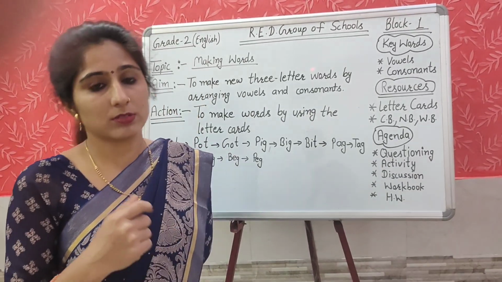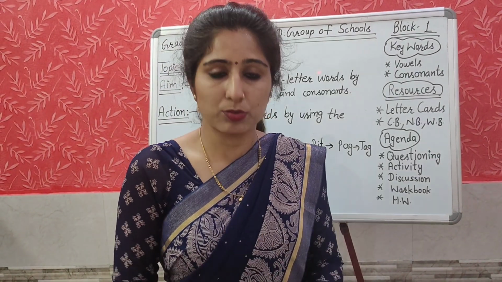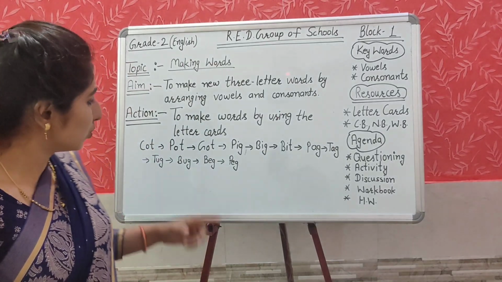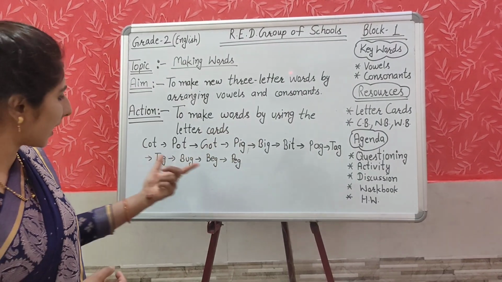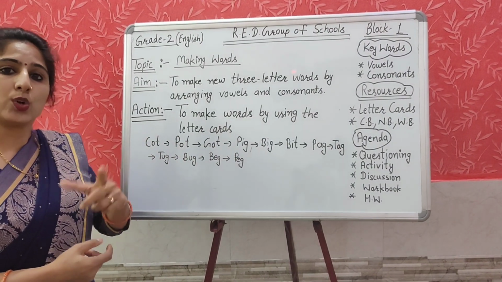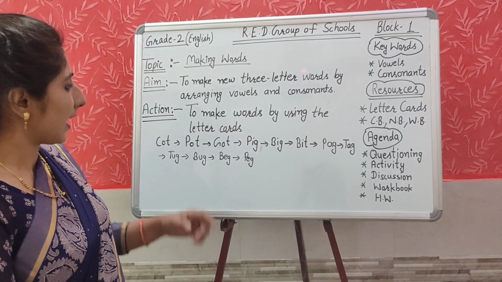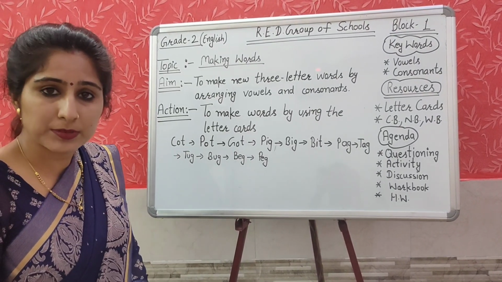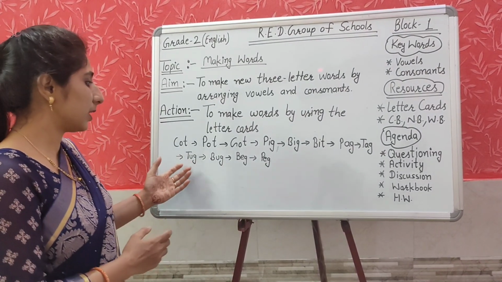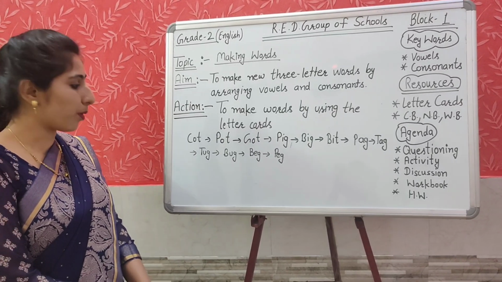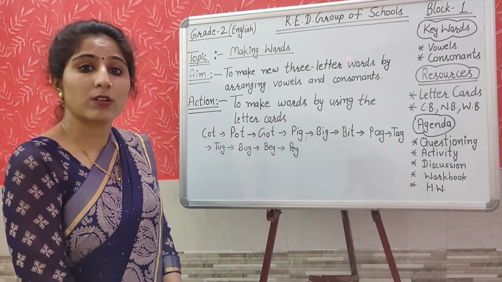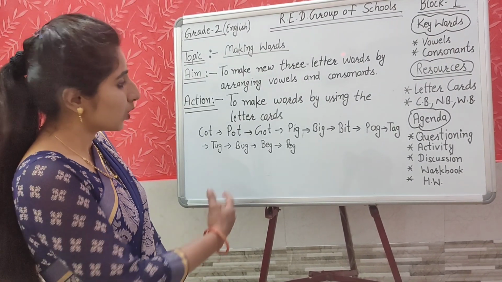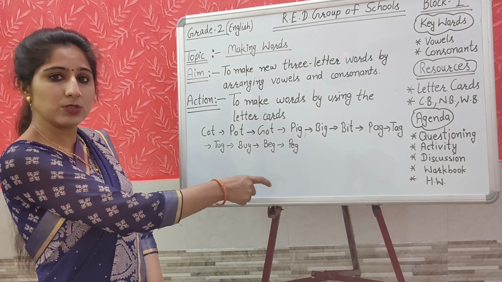Now I'm saying one more thing to you. Try to make 2 sentences by using these words. You can take any 2 words and make 2 sentences using them. As I told you in the beginning, my big brother sleeps on the cot. My mother keeps water in a pot. I got a prize. So this is how you can make 2 sentences by using 2 words from these words.